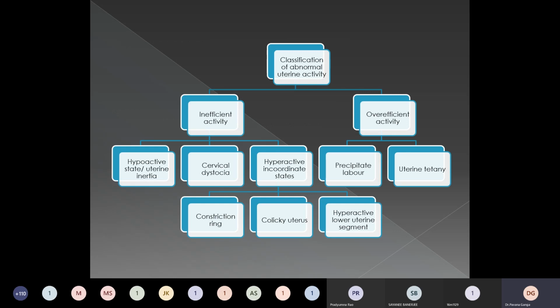Okay. So next, coming to the classification of this abnormal uterine activity. Abnormal uterine activity is classified into inefficient activity and over efficient activity. In inefficient activity, you have three different types. It can be a hypoactive state or the uterus may go in for inertia. Next will be cervical dystocia. The last one in this inefficient activity can be a hyperactive incoordinated state. So here the uterus will be having an inefficient activity. It will not be a proper